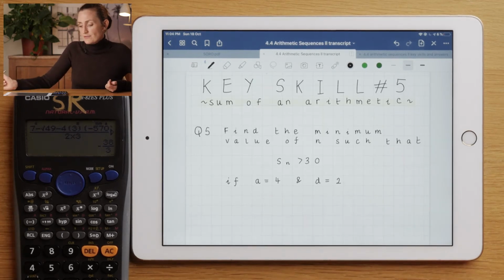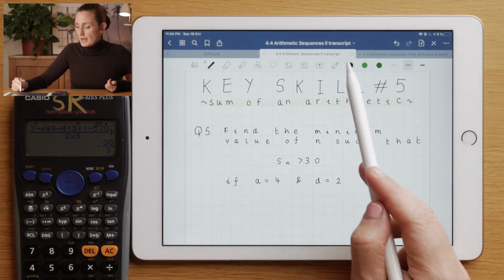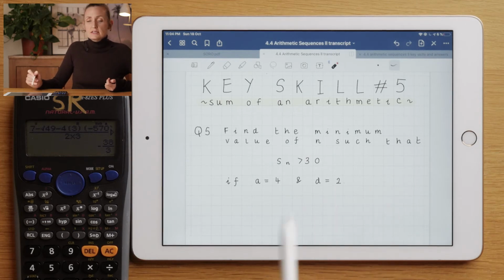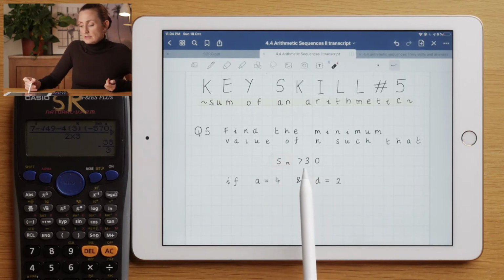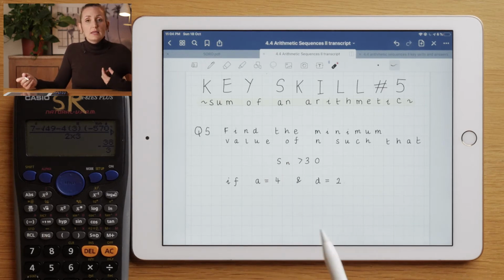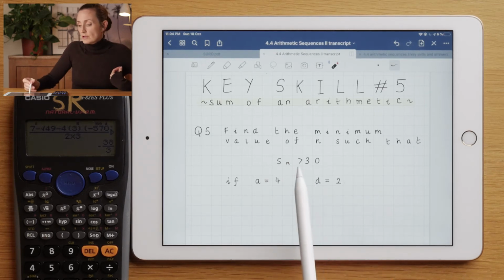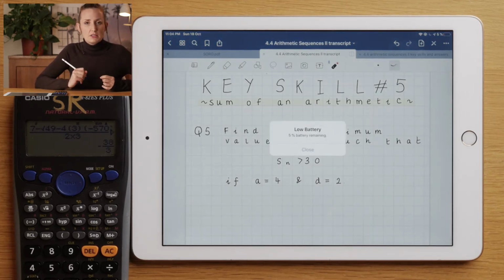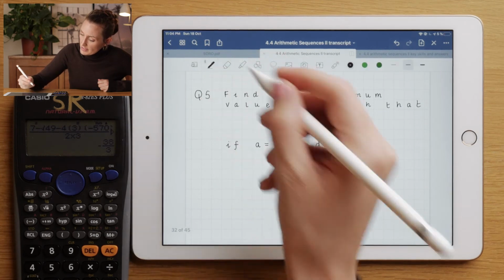The last question is very similar to the previous one, but now we have an inequality. What this question is saying is find the value of n, which means that the sum is above 30. It doesn't need to be equal to 30. It needs to have surpassed 30. So this is going to be an inequality question. If you remember in the beginning, I mentioned if you weren't very good with your inequalities, you should go back and revise that. The method is going to be very similar,